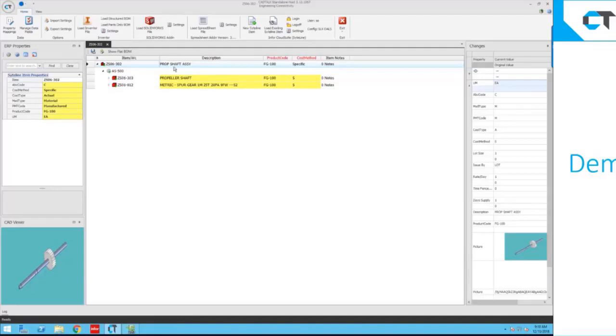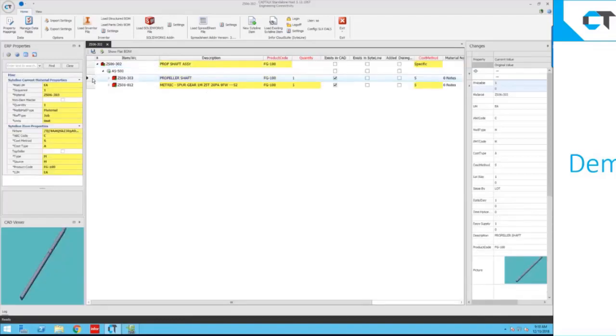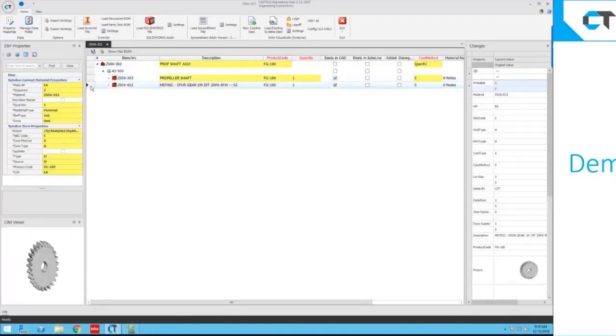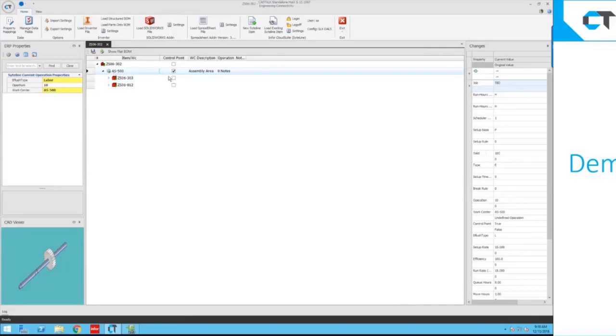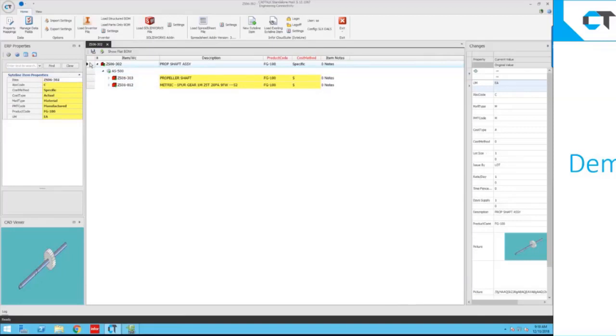So here you have the top level item, which is that assembly, and you have the two parts underneath it, which is the shaft and the gear. So the shaft and the gear come together in an assembly operation, which you also see here. This is the assembly operation inside of Cloud Suite Industrial to make this assembly. So it's very intuitive here. You see this hierarchical tree view that's showing you how the bill of material comes together.